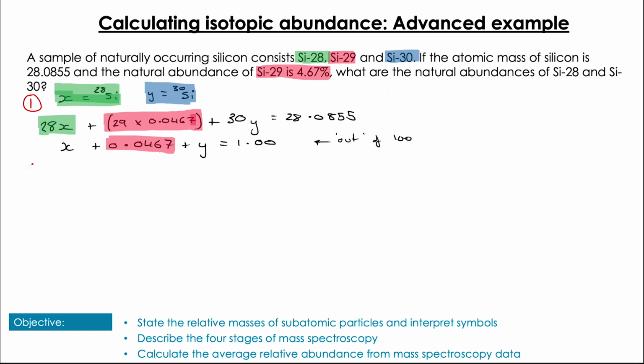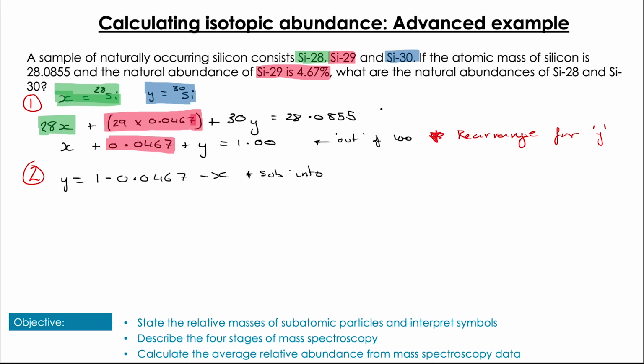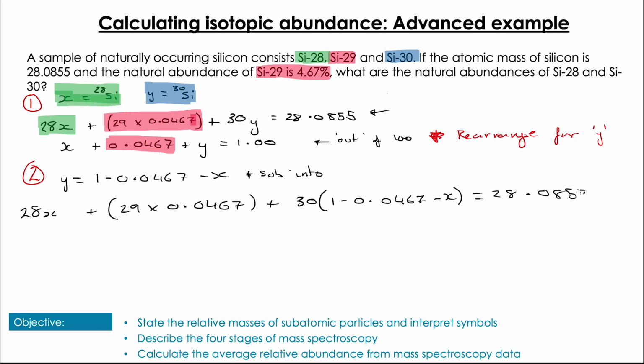But in these examples, what we're going to do is rearrange that second equation we formulated to give it equals Y, and that's going to allow us to put that back into the original equation to have an expression that only includes one unknown. So when we do that, we get Y equals 1 minus 0.0467 minus X. So then we're going to plug that back into this top equation to have an expression only containing X. That's 28X plus 29 times 0.0467 plus 30 multiplied by our expression that we just rearranged, because we're now subbing Y for this expression, equals